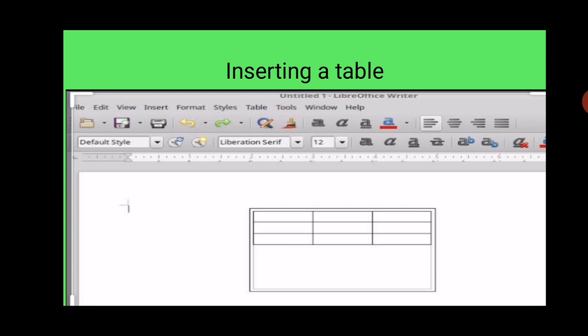If you want to delete with the help of a key, then use the keyboard keys delete and backspace. How can we copy a table and how can we move a table? Just select your table and use Ctrl plus C, then place your cursor where you want the other table, then use Ctrl plus V, then you can easily paste it. So easily you can copy your table or move your table also.